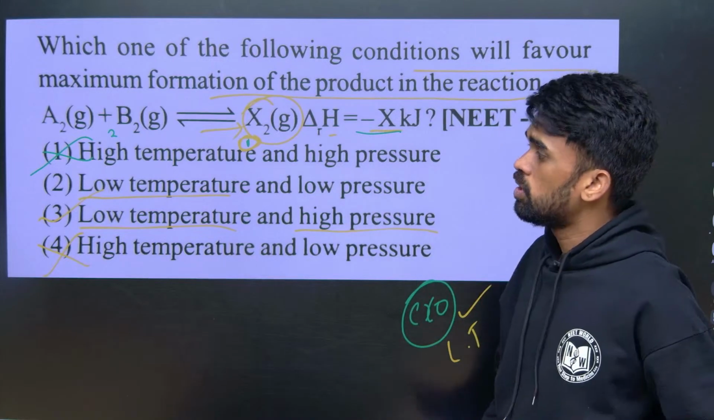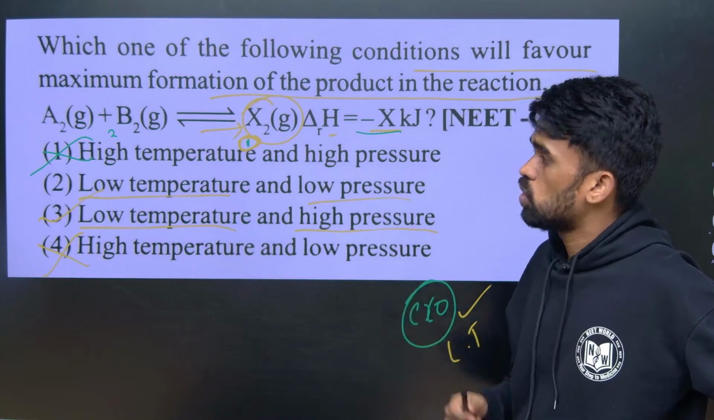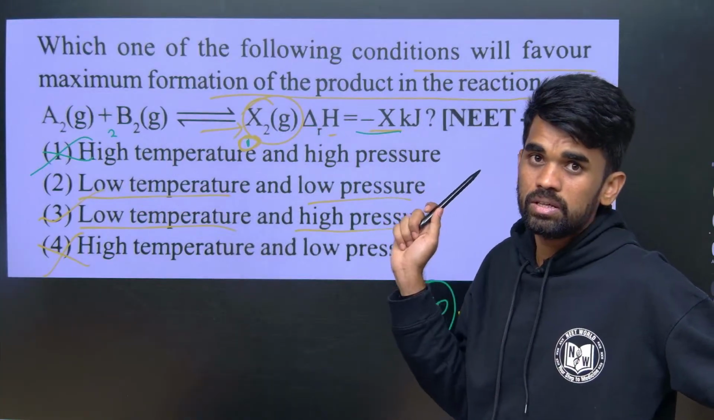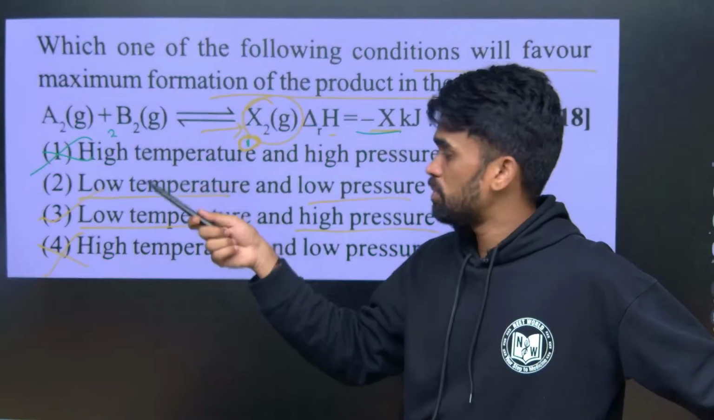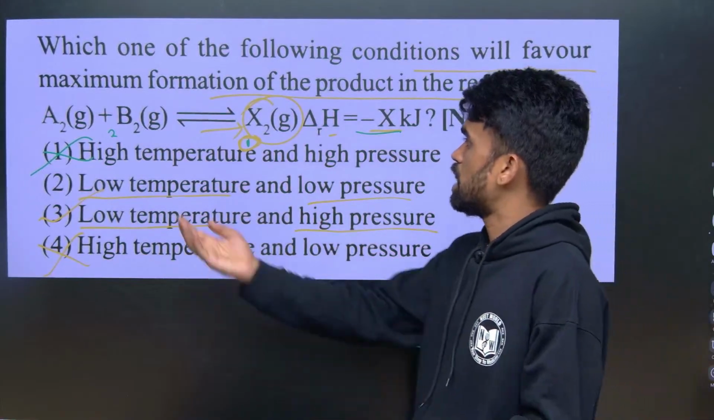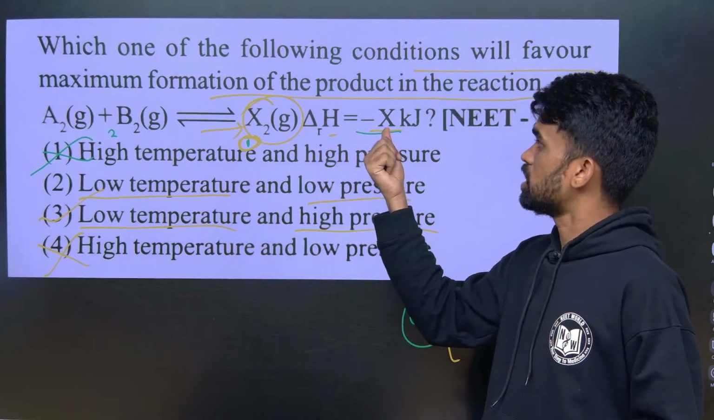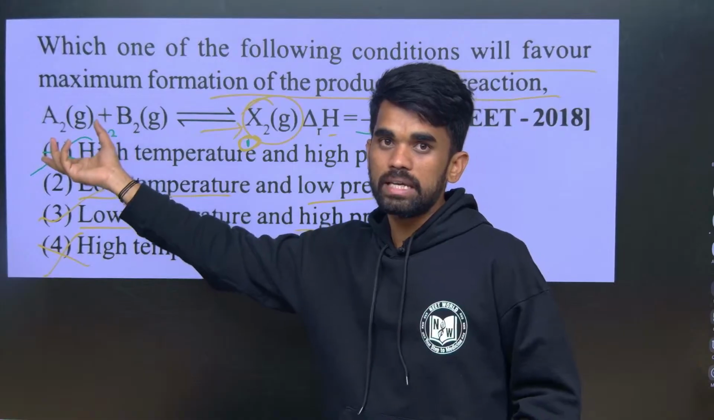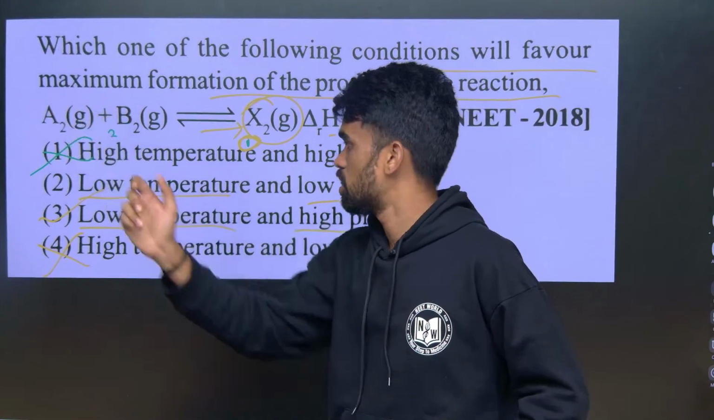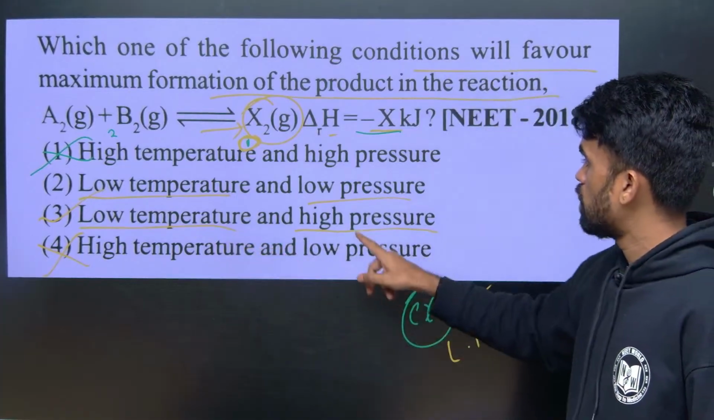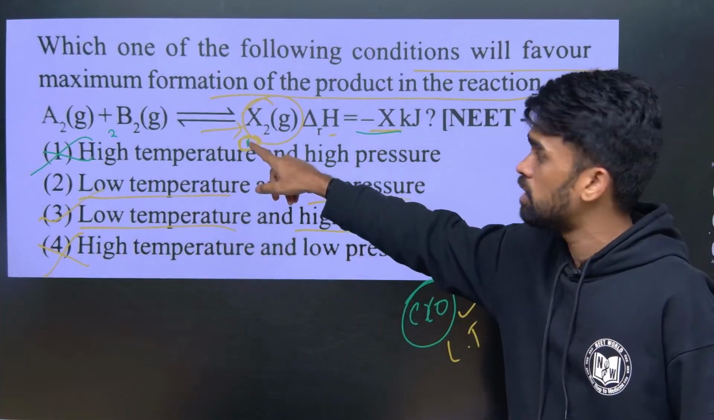Now what about low pressure? Low pressure favors backward. They are asking for forward, product formation. So reactant formation means you should say low pressure and high temperature. If this side is favored by low temperature, that side will be favored by high temperature, absorbing heat. It means endothermic, high temperature. I hope it is clear, there is no doubt. Why low temperature? Exothermic. Why high pressure? The number of moles are less here. Therefore,